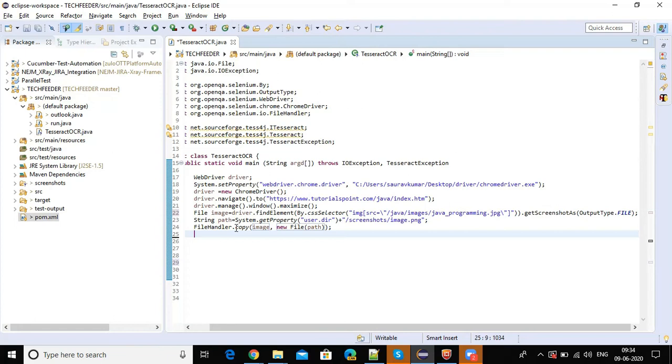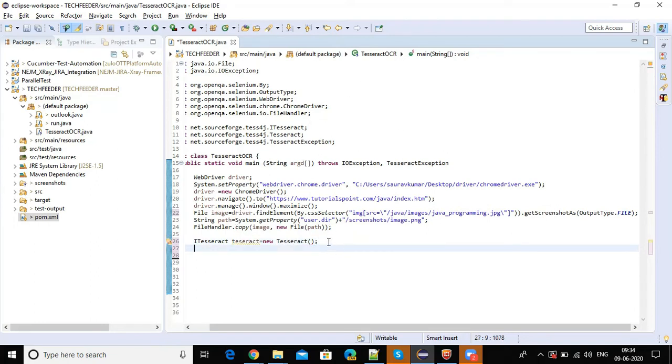What we will do, we will initialize this class ITesseract. ITesseract image, make it testRect equals to new Tesseract. Fine.